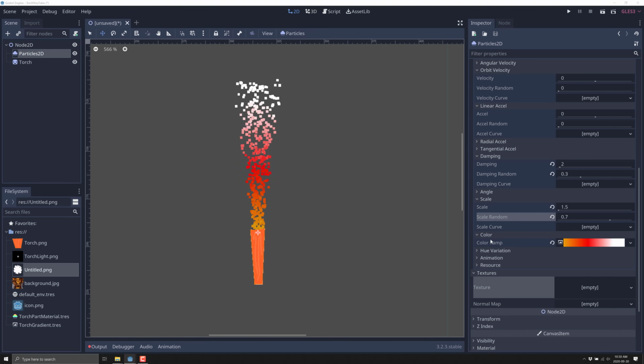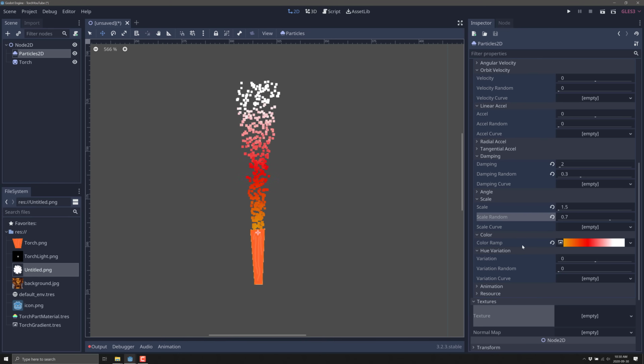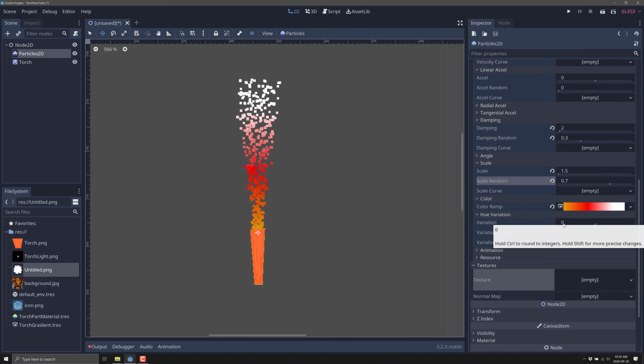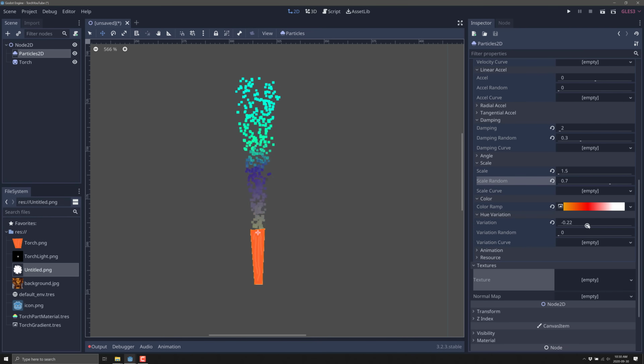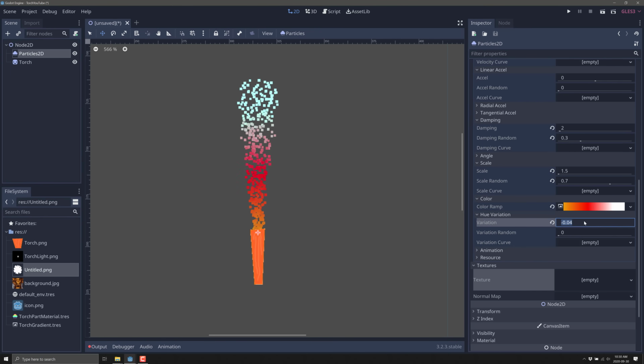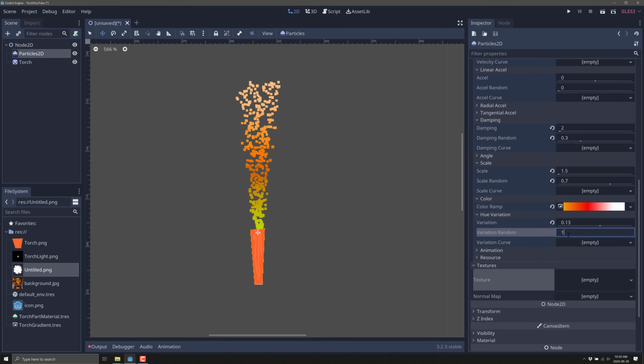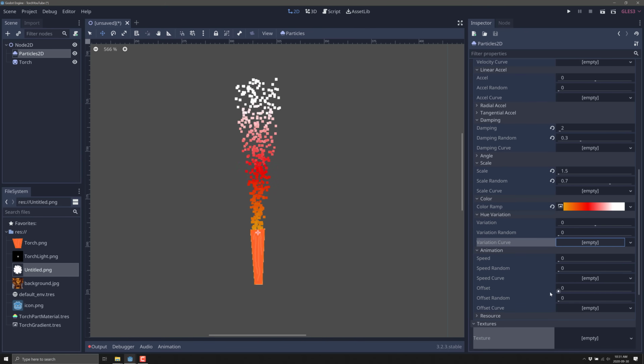You can also actually vary the hue if you so wish. So you can see here, we can just drag that and you'll see immediately the effect. Now, in this case, it isn't actually something that we want to do. And you can also vary the amount of randomness, so if you've got a bunch of variation going on, let's say we go there, and we can just jack that up quite a bit. And there you can see a multicolor kind of rainbow thing going on. Now, again, probably not something that you actually want to do in this particular case. Just be aware that you're actually capable of doing so.